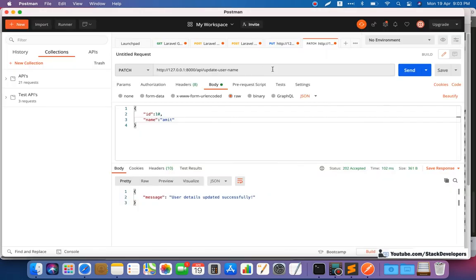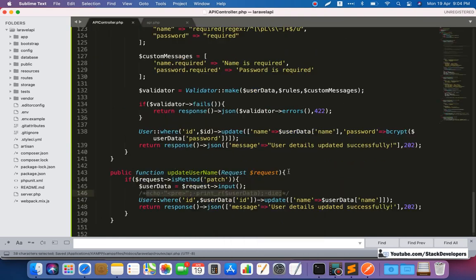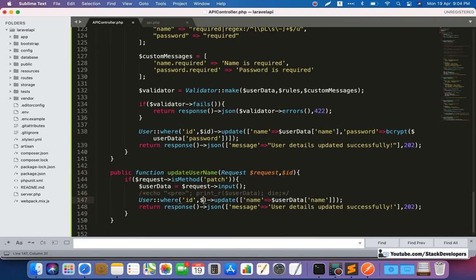Okay, so another way of updating with the patch method is sending the ID here in the route. So we can send 10 here, and then here it is not required at all. Here we can once again make it Amit Gupta. So for this one we require the ID as well, so we will make it ID, and ID is mandatory, so we will not add the question mark here. We will also pass the ID, comma $id, and with this ID we are going to update.